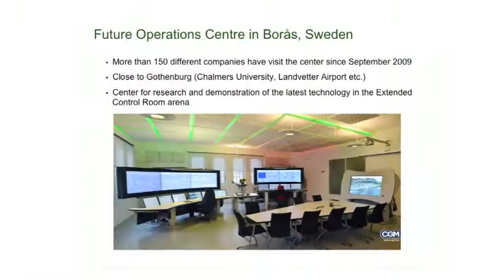projects. And then we end up with a kind of customer event where we invite customers to a workshop where we present our ideas and can work together. So this is a very, very good opportunity to get in contact with us and start working on these types of projects. I mentioned the Future Operations Center in Sweden, and it's been in operation since 2009, and we've had